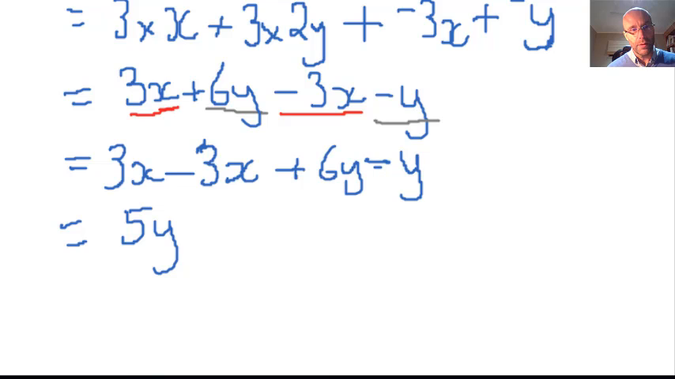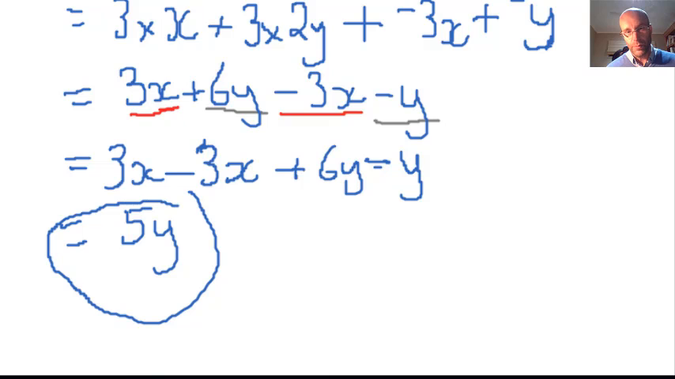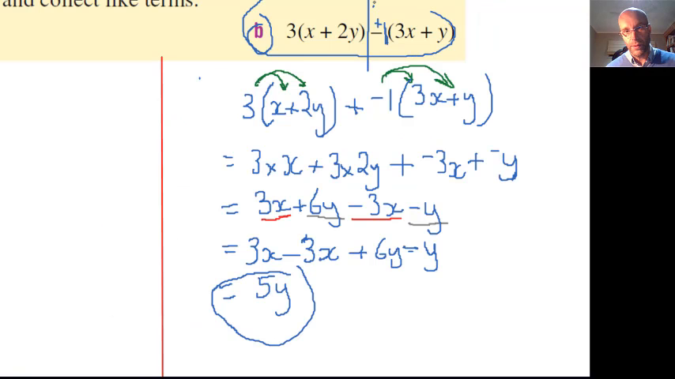So remember, we need to understand how we use the distributive rule and like terms accurately, which means we need to be careful of negatives at times in order to expand and then simplify. And you'd have to agree in this last one, 5y is a lot simpler than what we started with. Let's have a go at some